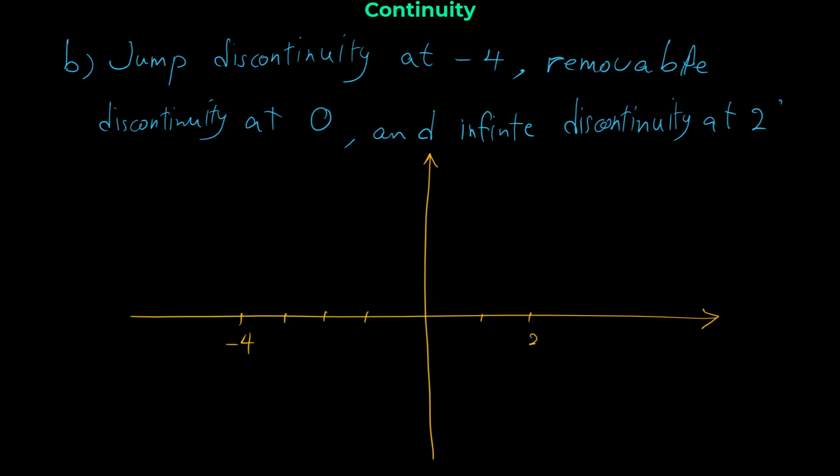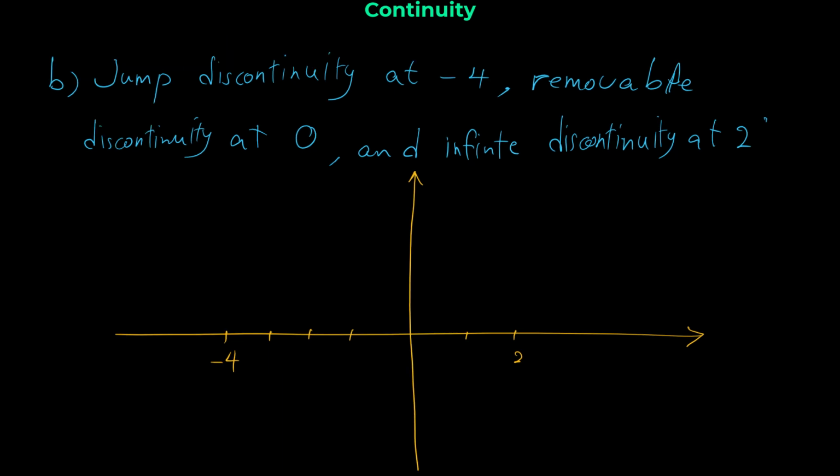Jump discontinuity happens when the right limit and the left limit exist, but they are not equal to each other. So a jump happens at that point. To graph such a function, I am choosing my jump from here to here. Maybe you choose 2 different points, 2 different holes. And I want to, for the left side, connect my graph to this hole like this, and for the right